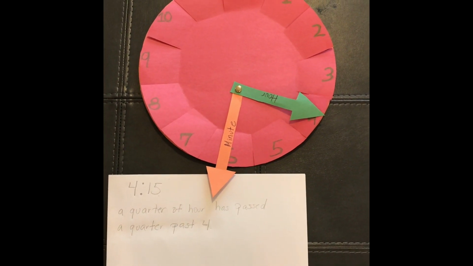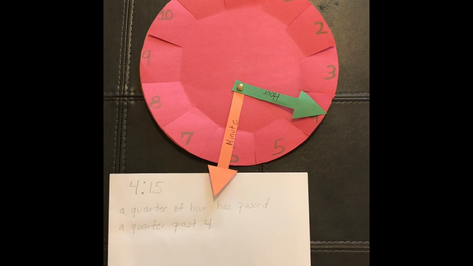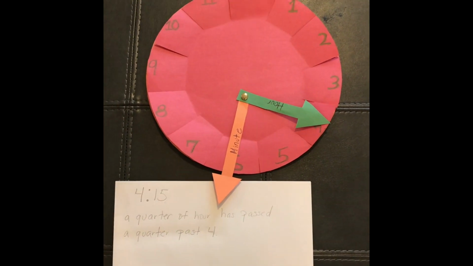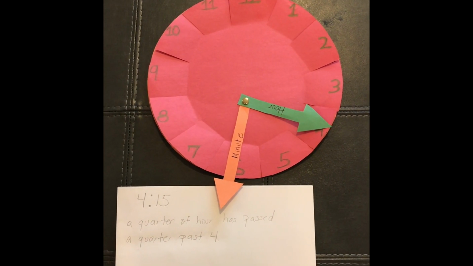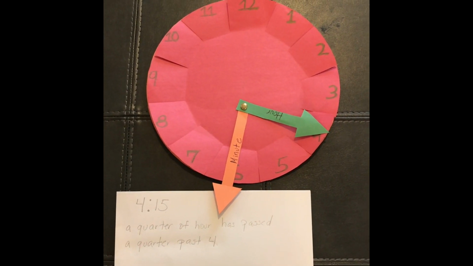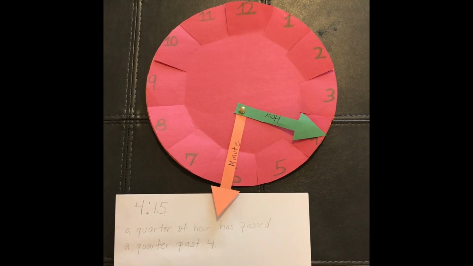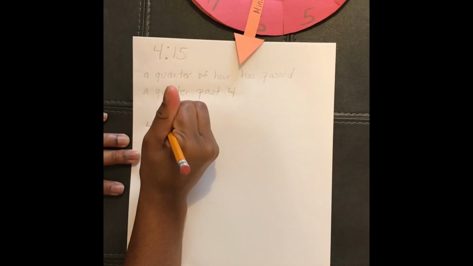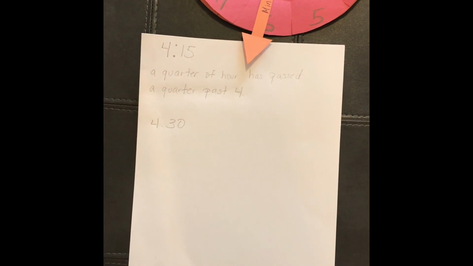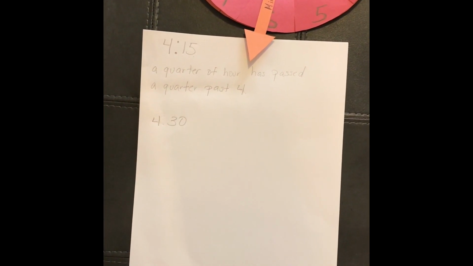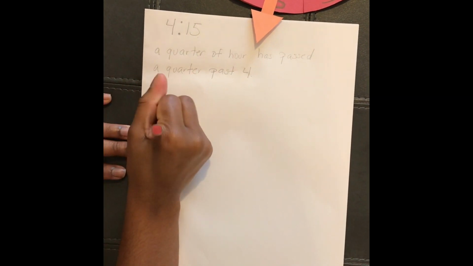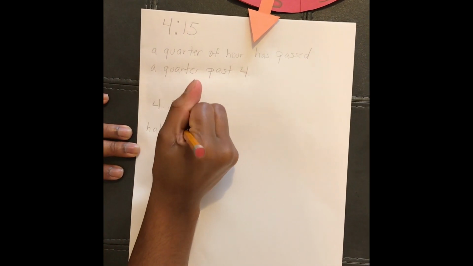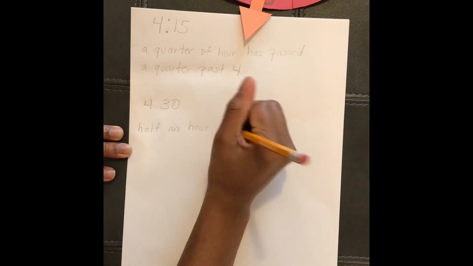Now, here we say it is 4:30. When 30 minutes has passed, you can also say this a different way. We read 30 minutes as half an hour. So let's write 4:30. Again, when 30 minutes has passed in the hour, we read it as half an hour. So if someone asks you what time it is now, you can say half an hour has passed,